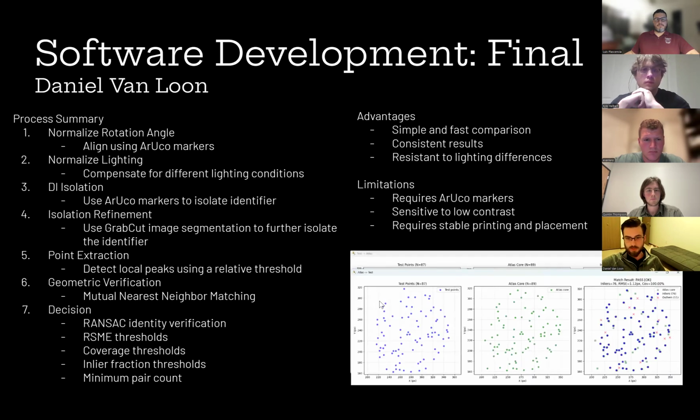The final software pipeline moves from imaging to normalization, tissue isolation, sparkle extraction, and finally geometric verification. First, we normalize rotation and geometry using ArUco markers. This removes rotation, translation, scale, and perspective differences across captures. Then we normalize lighting by sampling the interior of the markers and applying a photometric gain correction. We then isolate the dendritic identifier region using the known marker geometry and refine that region using a GrabCut